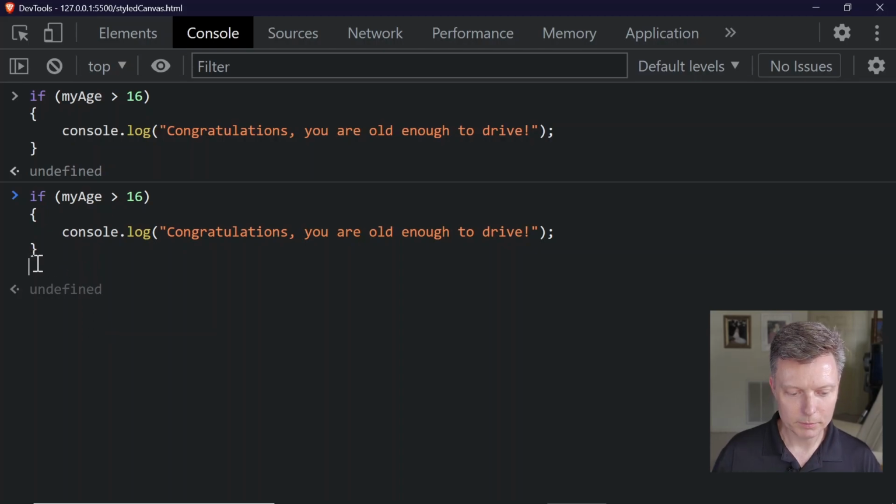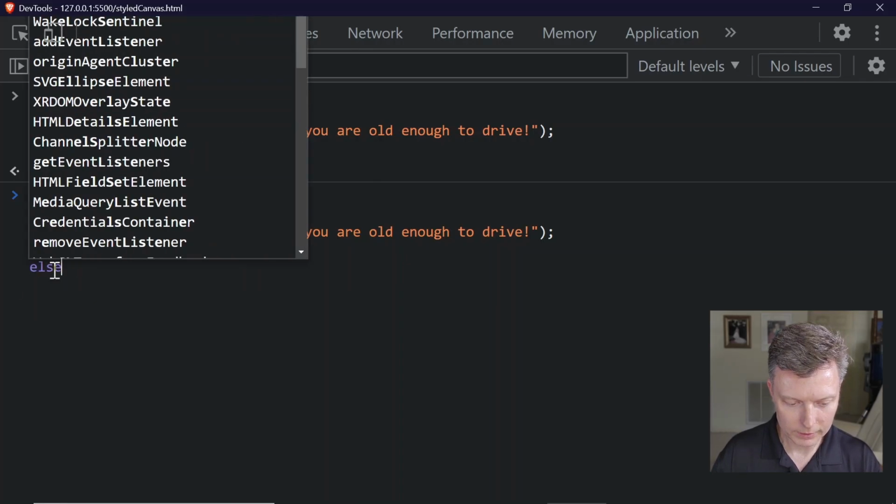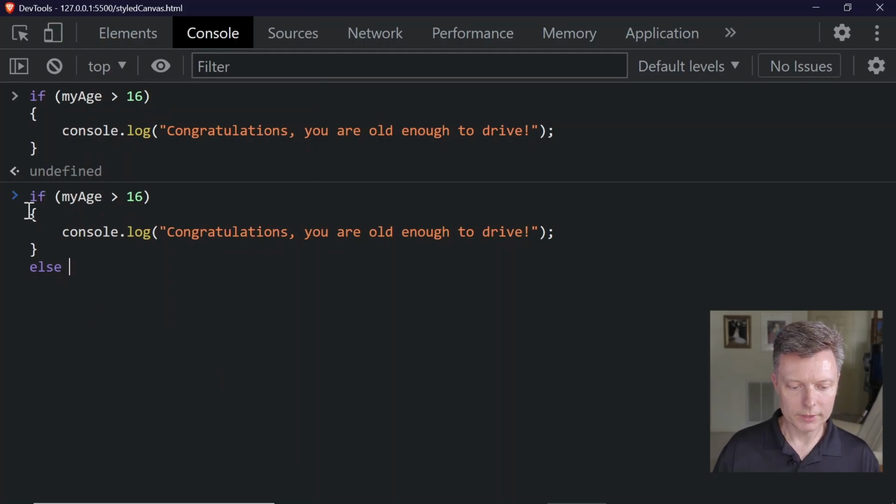Now let's make a clause for if the age is below the limit. So else, and this is another keyword, so if this doesn't happen, this will happen here. So if my age is greater than 16, else do this. So now hit enter, and you can hit enter now because it knows that you need to fill in a code block for the else condition. So in a similar manner, we put left curly brace,